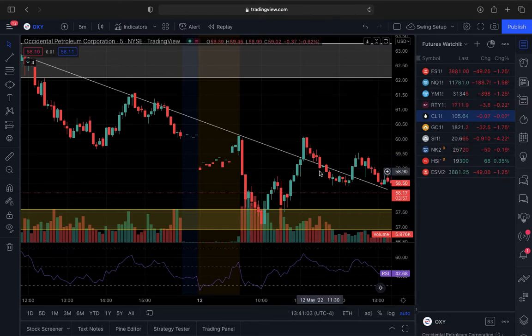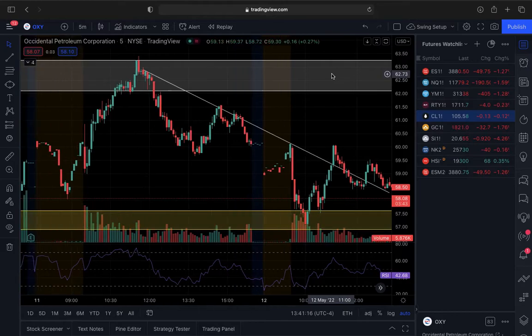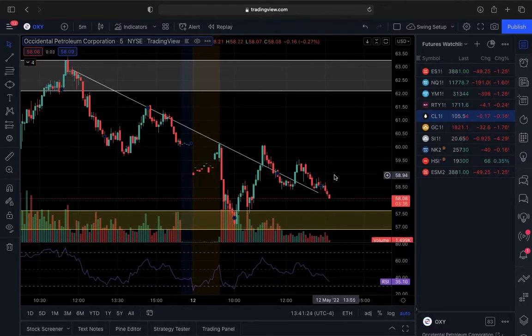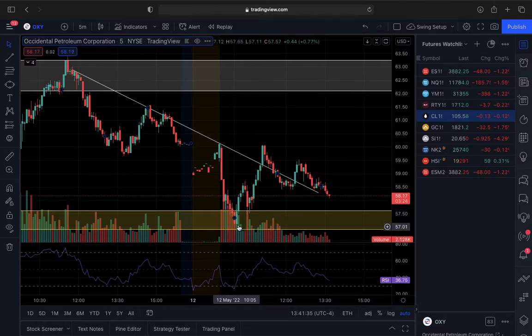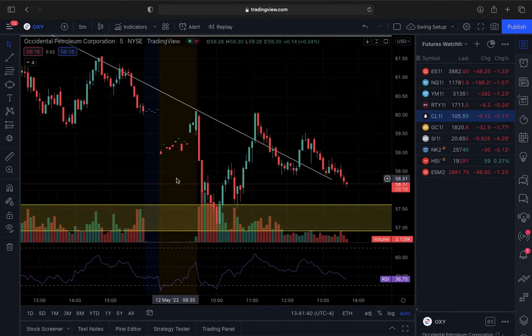There wasn't going to be strong resistance except at $60, which I'm going to get to in a minute. But if Oxy reversed here in demand and never reversed lower, there is an area of value, a borderline supply zone up here at $62. So Oxy is essentially trading, and still trading as of this recording, between $57 as the floor and $62 as the supply zone. I think I might have said a different number earlier, I meant $57 here, I just misspoke. My bad about that. So this was the long entry that I was looking for, and without thinking twice,